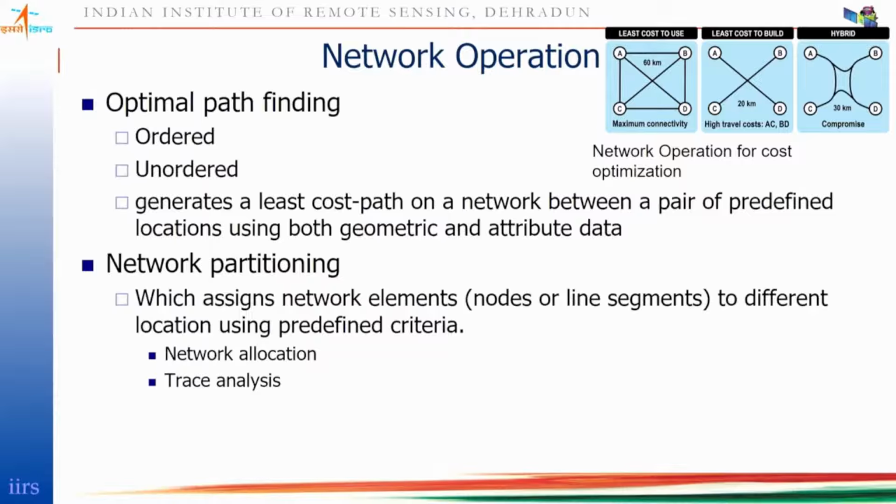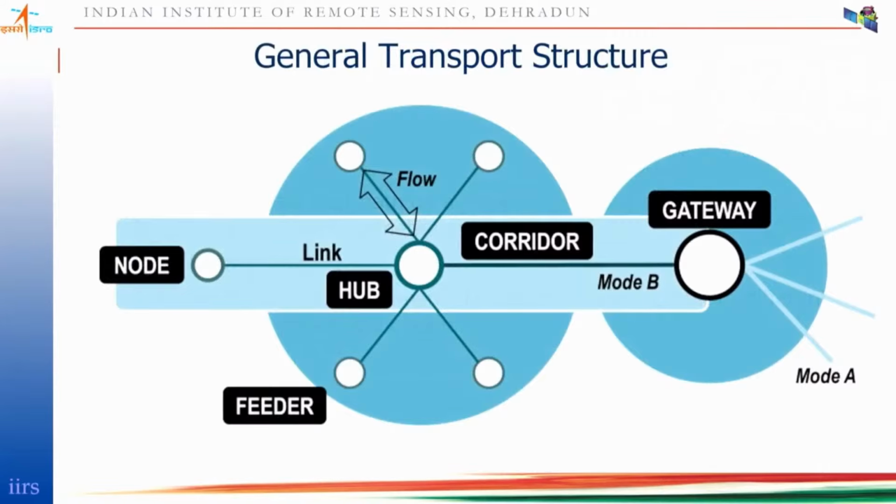So these are two major transport based network operations which we see currently being used in the GIS domain. Network analysis is quite widely used in network systems, where your network can consist of multiple connectivity components and multiple services. For example, your network structure can consist of a road network, a rail network, or maybe ship connectivity, and so on. Based on that, the complete general transport structure can be built,